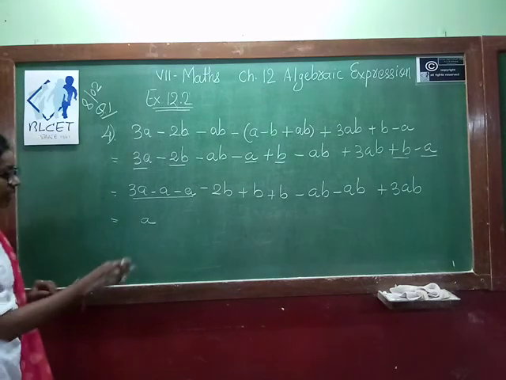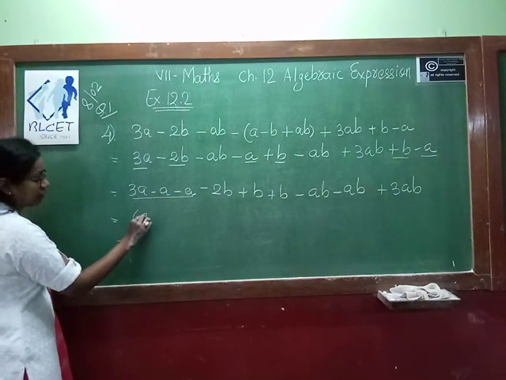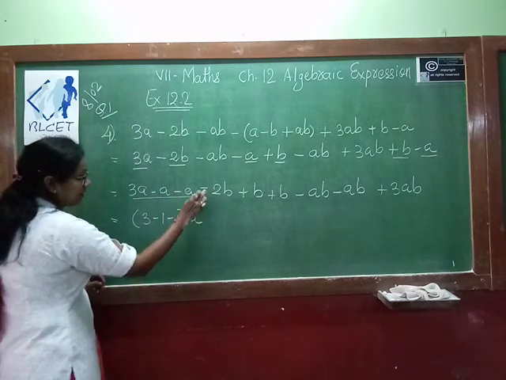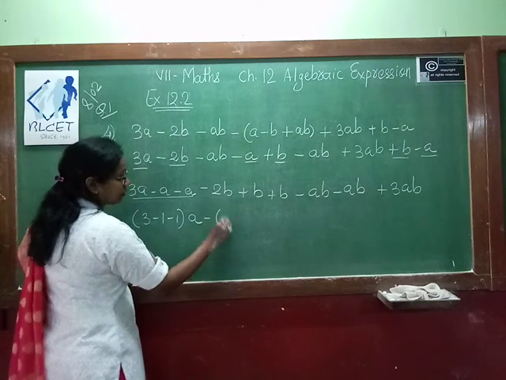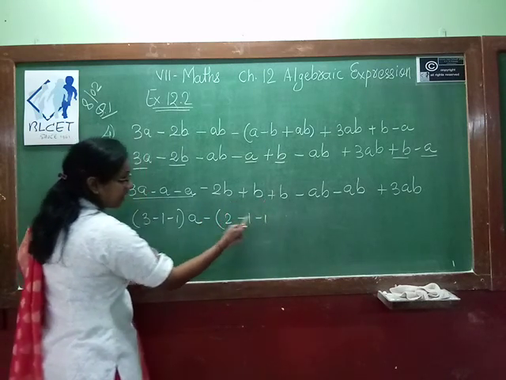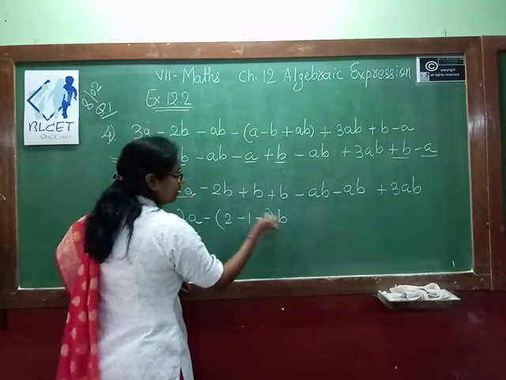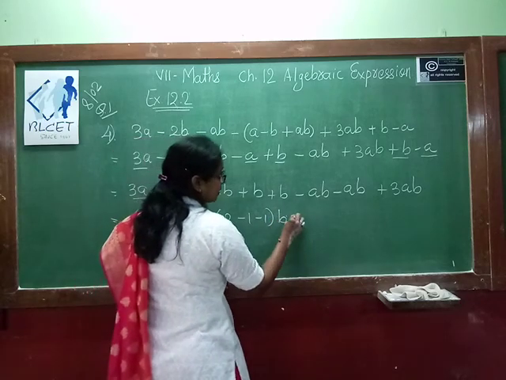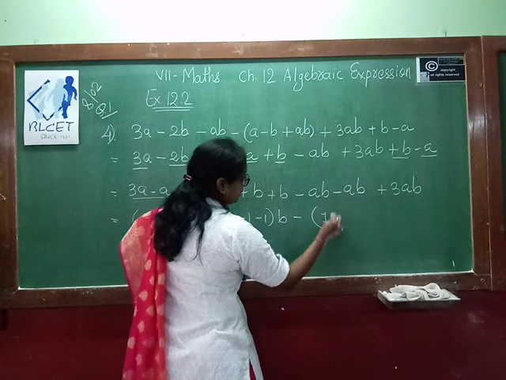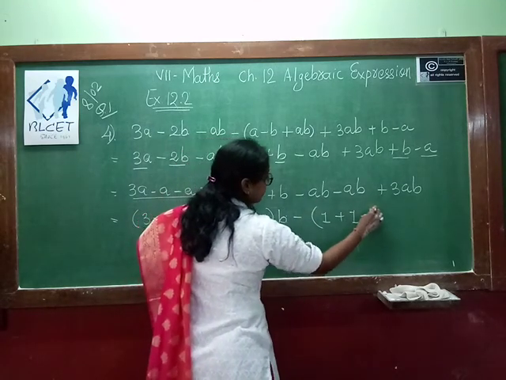If you make a mistake, then we can just collect the numerical coefficient first. So 3 minus 1 minus 1, variable is a. Here minus 2, this plus becomes minus 1, plus becomes minus 1. Why? Because we have taken out the negative sign, that's why. What is left? b. Then this one minus. So what is left inside? 1 plus and this plus minus.